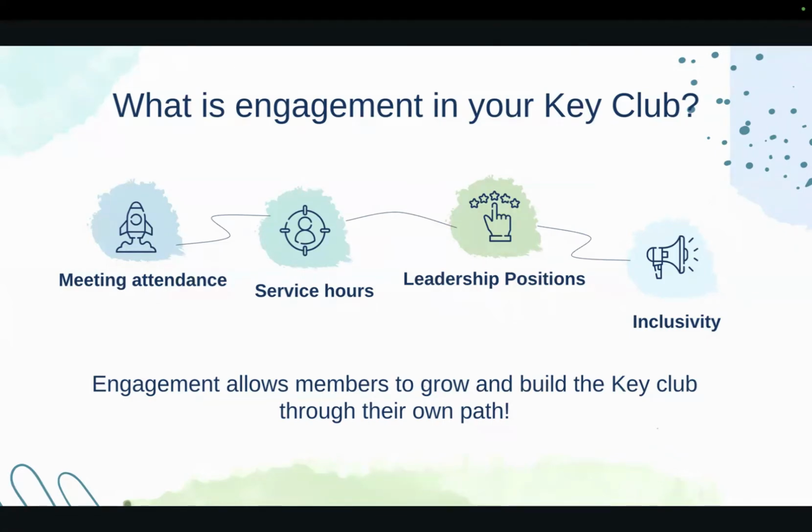But usually the end goal is that you're building your own confidence up enough that you can start including others in activities, that you can start promoting Key Club to the point that you're bringing in people who may not be the best public speaker and raising them into their own leadership position so they can prepare for CKI or whatever life puts towards them. So on the next slide,